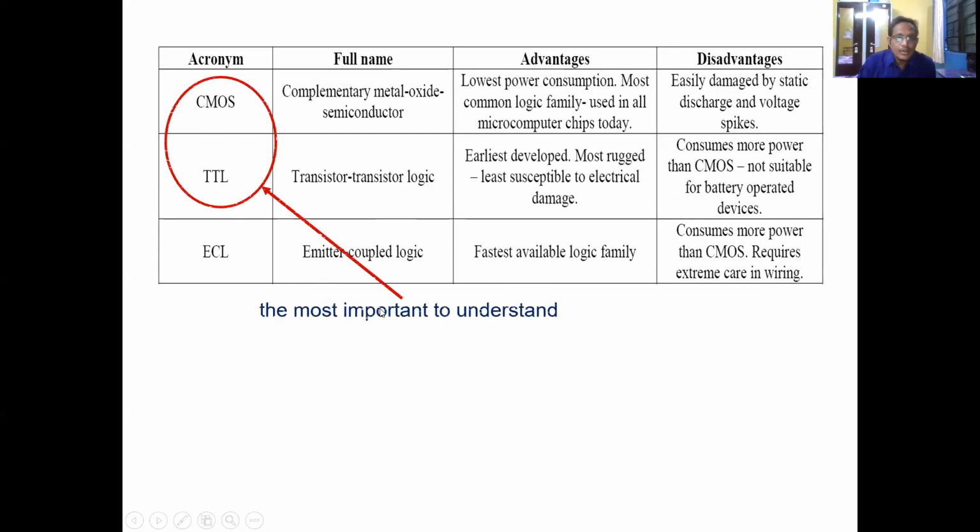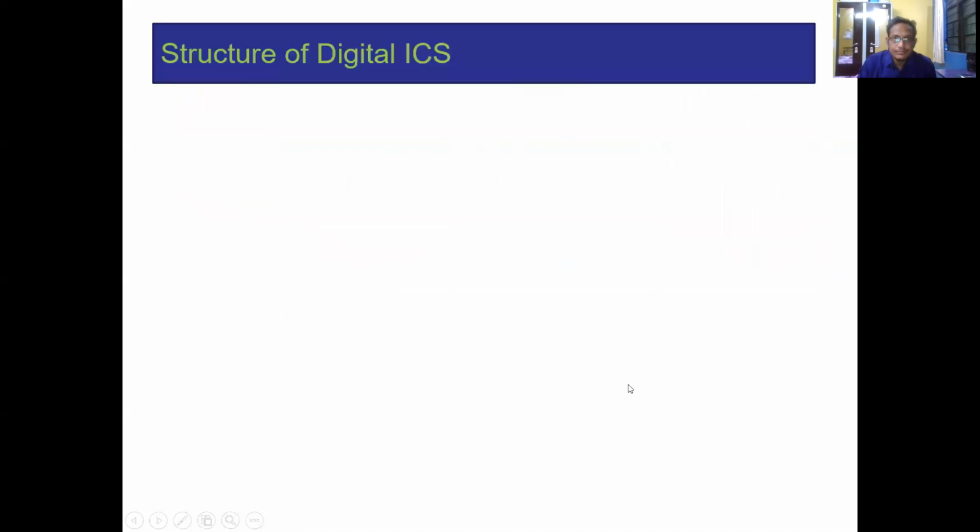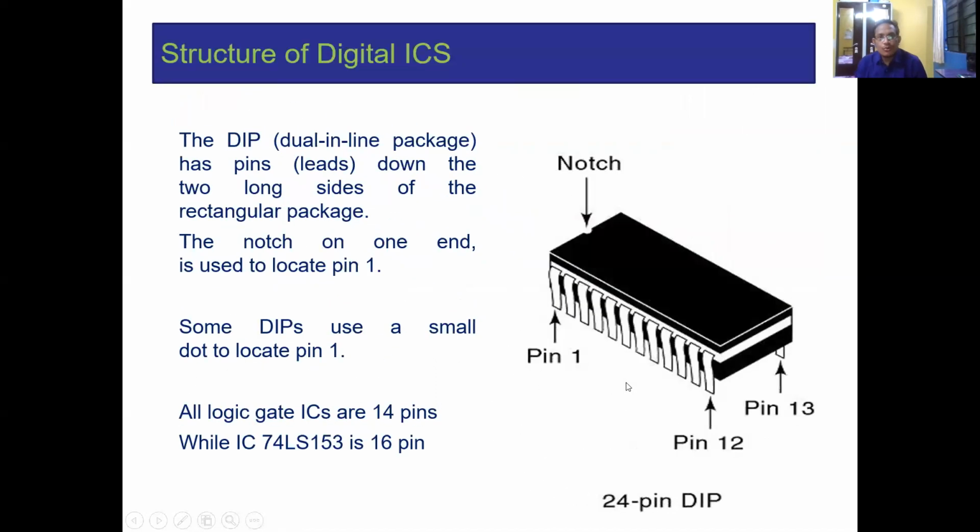Okay. So this is the most important to understand because there are two types of ICs, TTL and CMOS. These are the important parameters of the particular logic families. Everybody knows how to look at the particular ICs because you already performed different practicals on the particular kits in first year. So this is called the general structure of any IC. If you look at the IC structure, it may be an 8-pin IC, 14-pin IC, 16-pin IC, 21-pin IC, and a number of ICs are available.